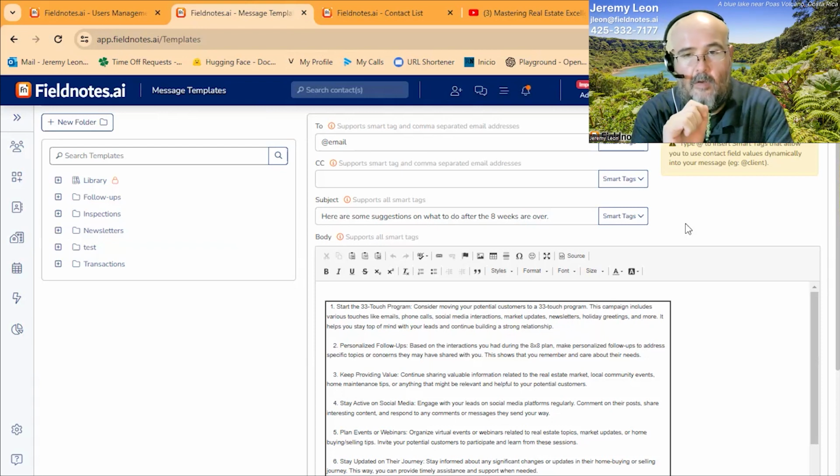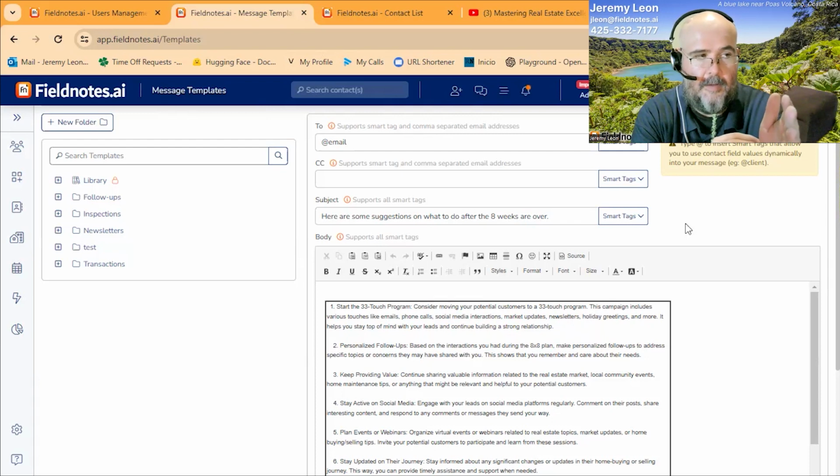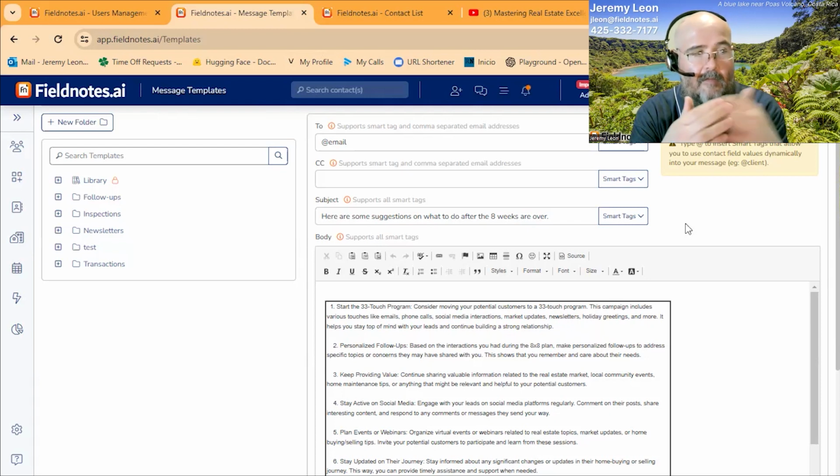Because once you've mastered creating templates, creating template messages, now you've got a base of information. Now you can either start to build that into an action plan, or build it into your process, right? And then if you digest a little bit of what I have when it comes to the 33 touch program and things like that,